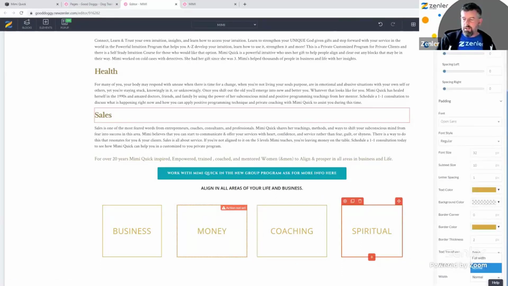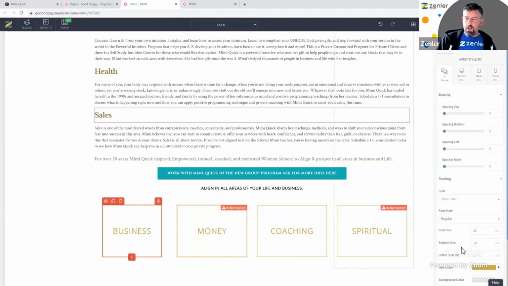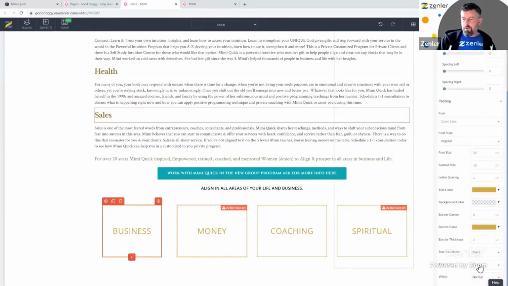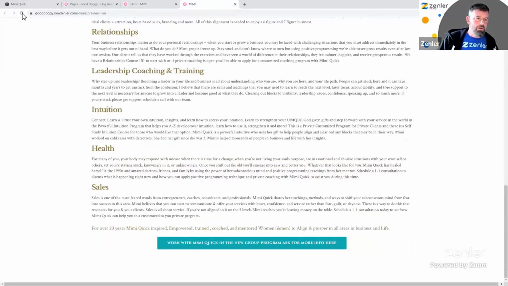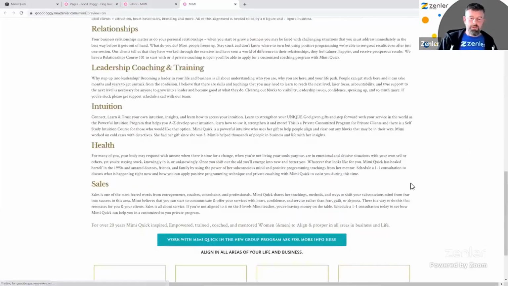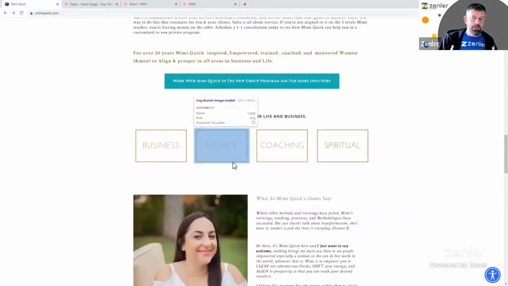So I've done these buttons quite a bit wider in height than Mimi's site, and I quite like it to stand out. But of course, you know, you can change that padding and reduce that padding down if you want to. It's up to you. Remember, this is our Zenler version of a WordPress site. So we're going to have a look at this now. Just make sure you keep saving, and we've got this. So these are buttons that you could tie to, and this is Mimi's